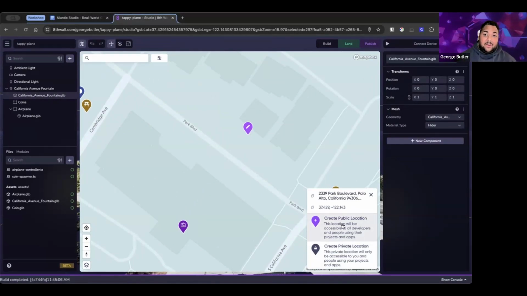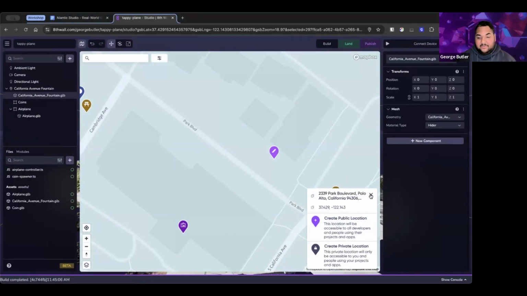The important thing to understand about public locations is they go through a review process, and you also have to upload multiple scans and go through the creation process. So it's not instant. And even after you've finished all the scans, they still take a couple hours to process. But once you create a location, it gets approved, it's there forever. So I encourage everyone to create public locations that fit on our map and